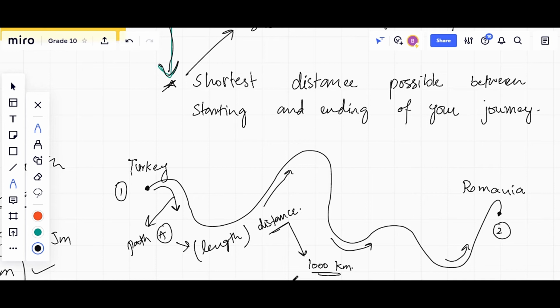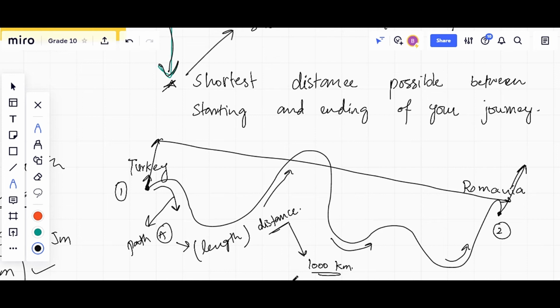Let us assume we are standing in Turkey at Galata Tower, and there is also a tower in Romania. Standing from Galata Tower, you can see that tower directly in your line of sight, at location number 2, which is Romania. So in that line of sight, directly,